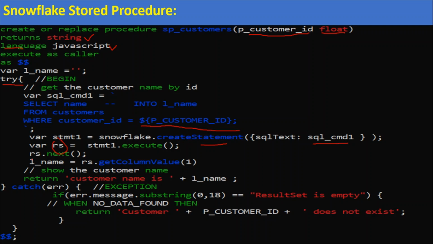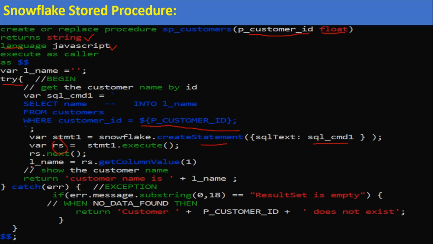Please note that here I am not going to use a while condition, because in the customer table the customer ID is unique, and we are going to get only one row. That's why I'm not using while. Even if you use while, it is no problem, because we maintain customer ID as unique.